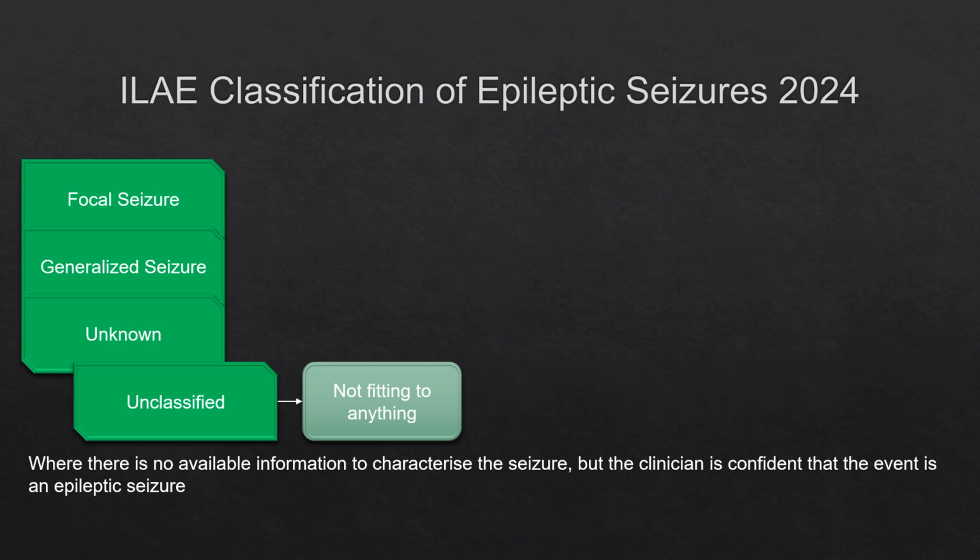But right now, in front of your own eyes, the child is perfectly normal, not having any convulsion, and the parents are not able to describe the semiology, how the seizure happened. So you know for sure that this episode was a seizure because it was associated with involuntary passage of stool and urine, but the parents don't have a video and are not able to describe or enact how the seizure happened. So at that point of time, you will classify it as unclassified, but later on when more information is available, you will try to classify into one of these three types.